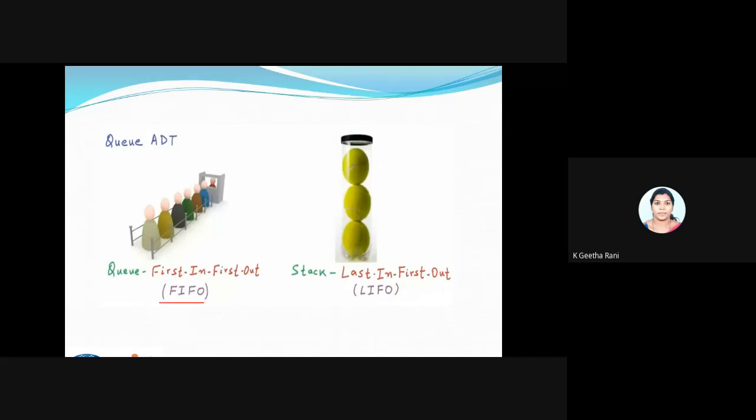Under the stack it will be a reverse process, last in first out, because we have only one opening, we have to push here and pop from here. But here this will be my rear end, and this will be my front end. The person will be coming in and going out.